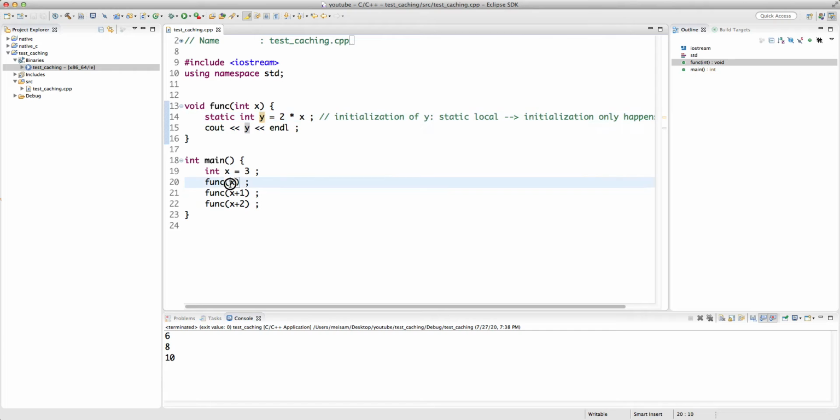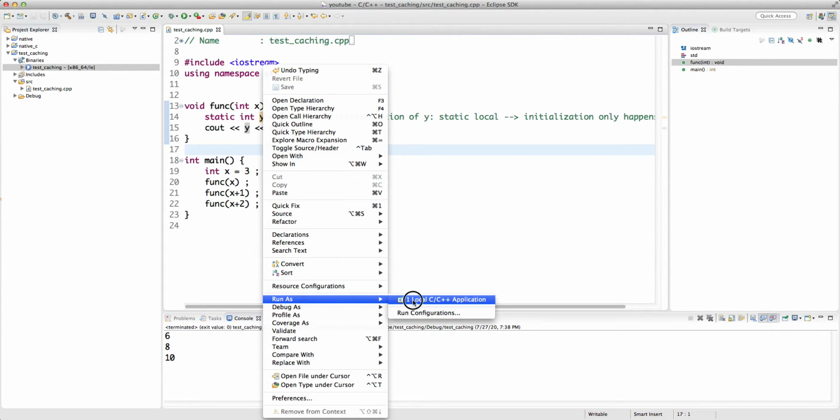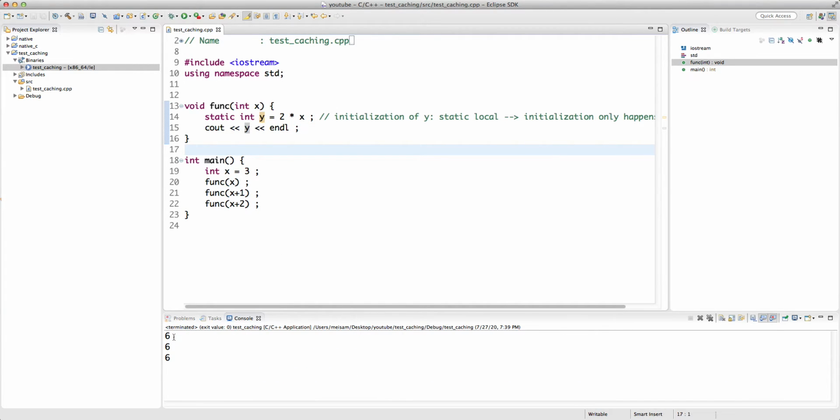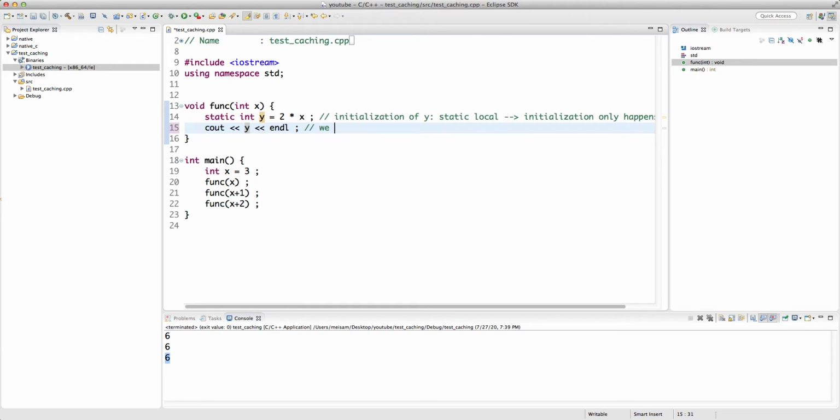So when I pass 3, it gets initialized to 6. When I pass 4, this y is already there with a value of 6, and it's not going to be initialized again. So it's not going to get the value of 8. So if I run this, I get 6, 6, 6. So effectively we are caching the value of y to the initial value, which is exactly what we want with this